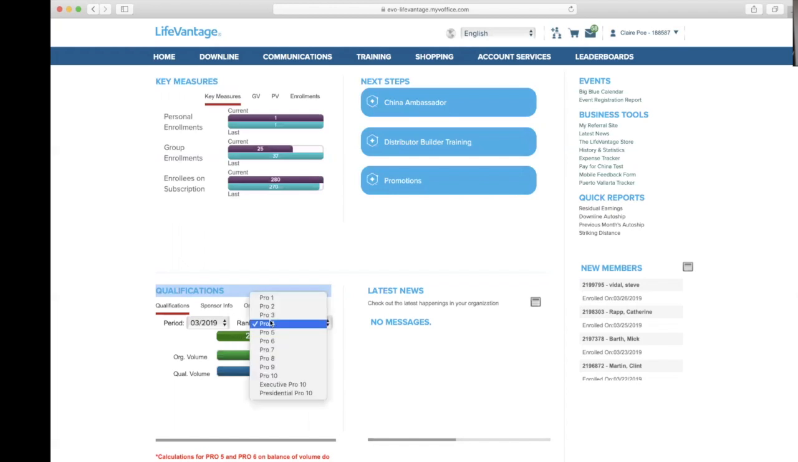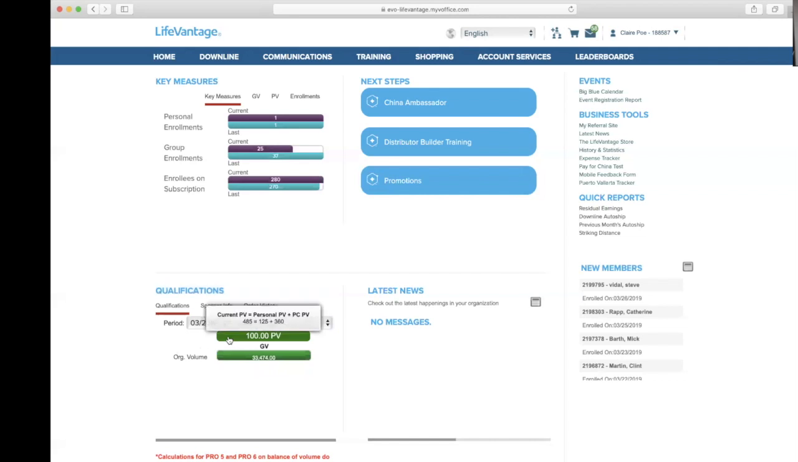Now, when you first start your business, it's probably going to be set defaulted to Pro 1. If you don't have an order in there, this will show as 0, or if you don't have any customers that have ordered for the month yet, it'll be set at 0, and it'll be a different color. When you click on this link here, it's going to show you what the combination is and what the total amount is. So the current PV in this situation is 485, and that's comprised of